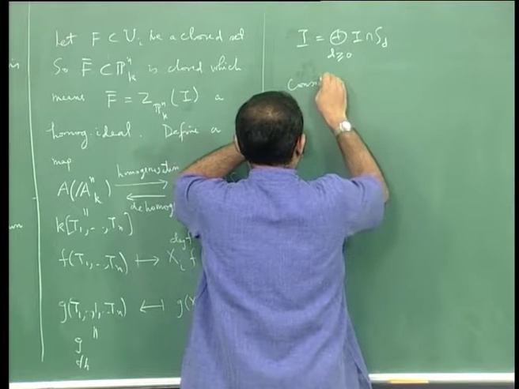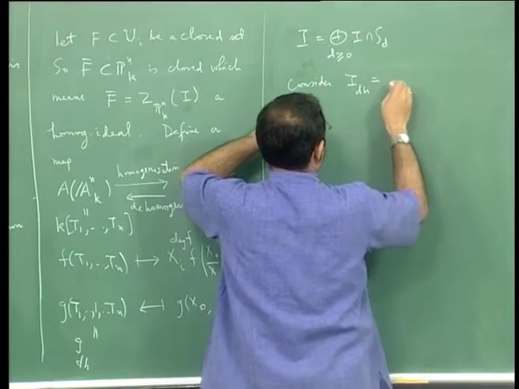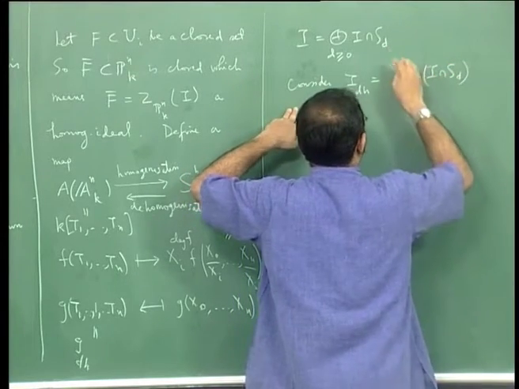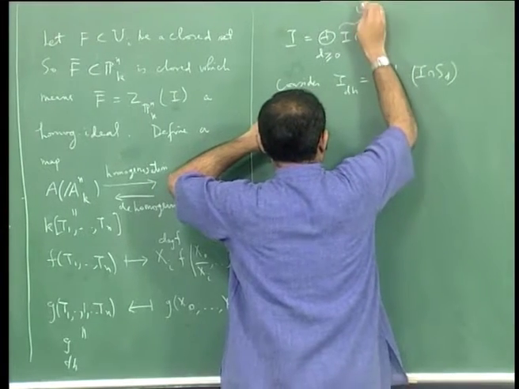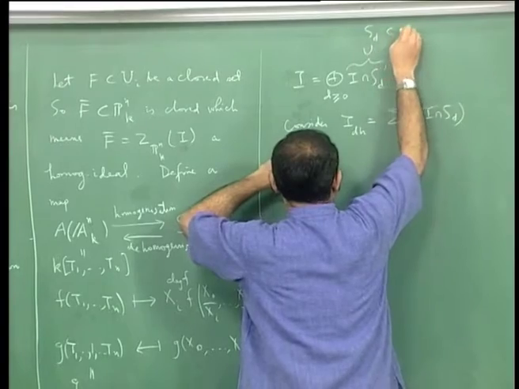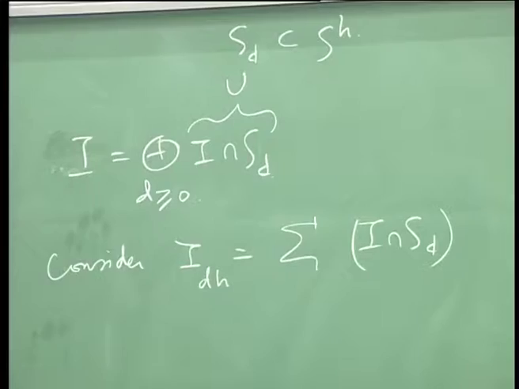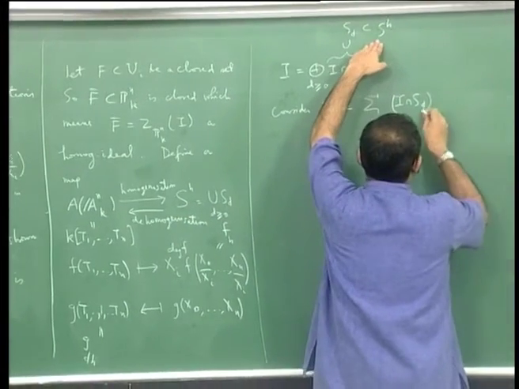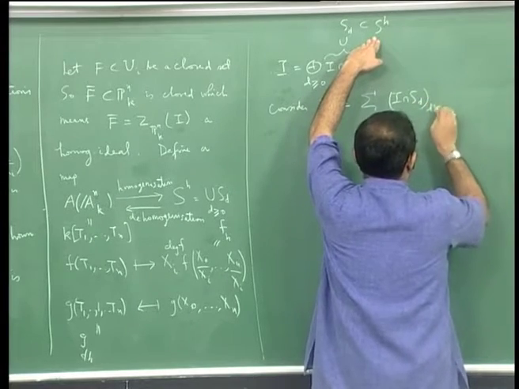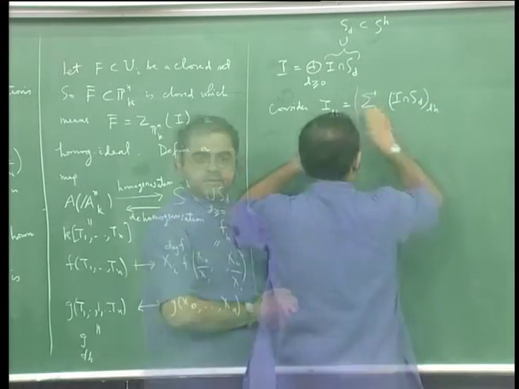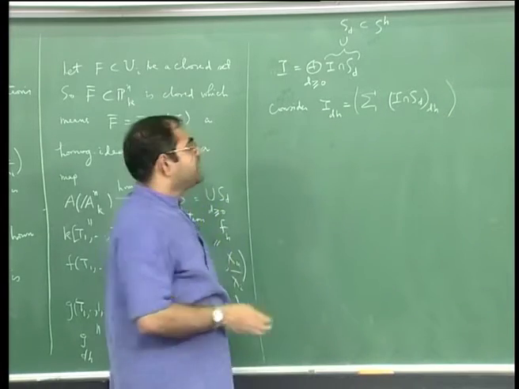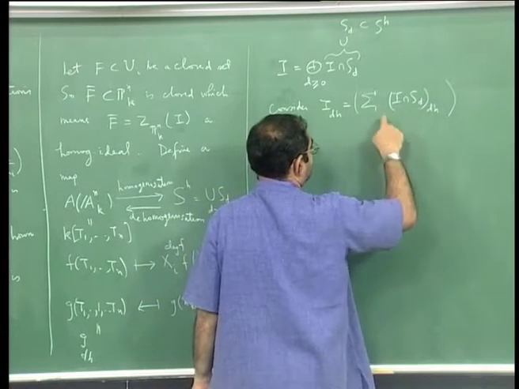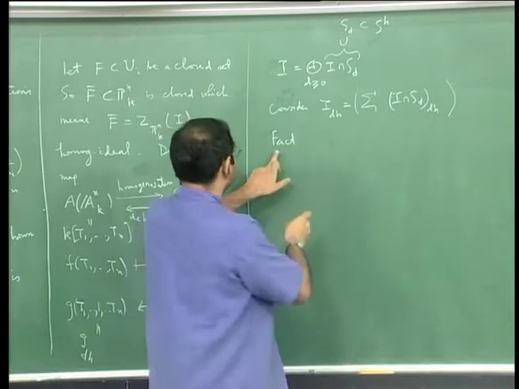Consider I dh, which by definition is the summation of the dehomogenizations of I intersection SD. See, mind you, I intersection SD is sitting inside SD, which is a subset of SH. These are homogeneous elements, and on SH I have this dehomogenization map. So I simply take I intersection SD and dehomogenize it, and then I take the sum. Let me, for safety, take the ideal generated by that. This bracket is supposed to mean the ideal generated by this. And the fact now is that